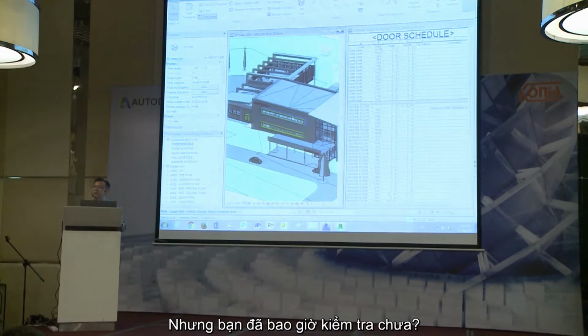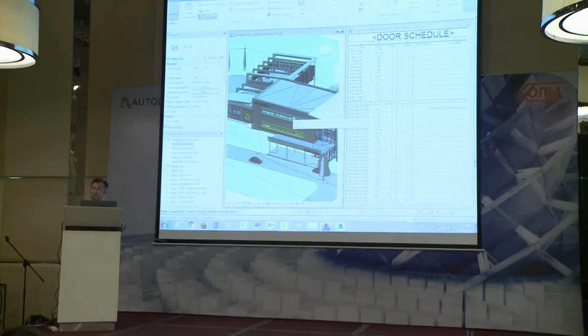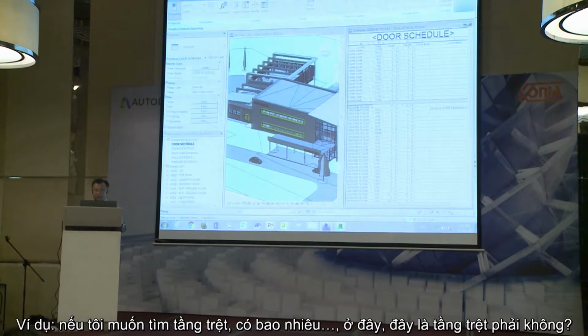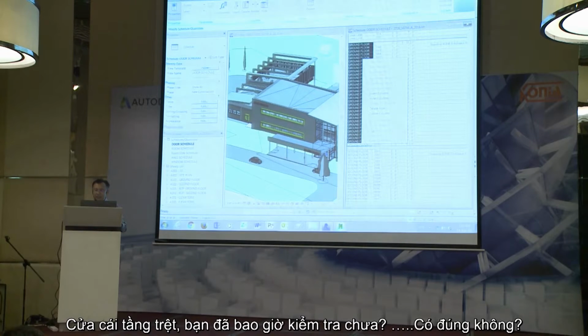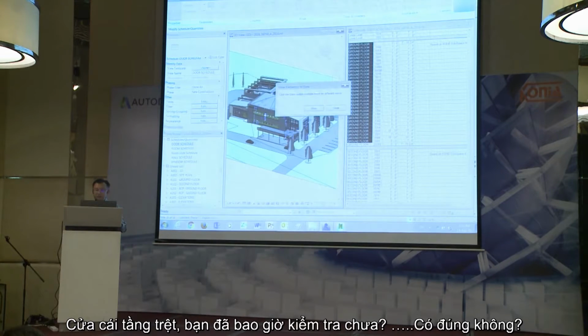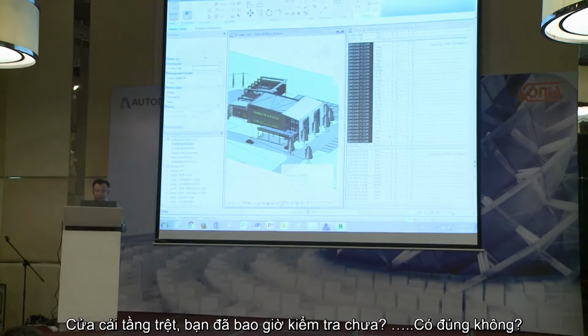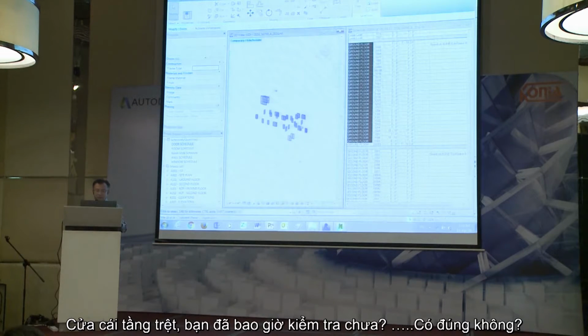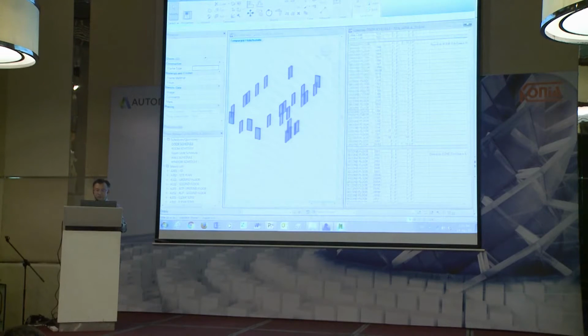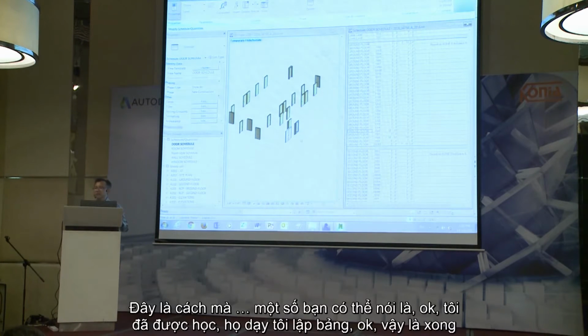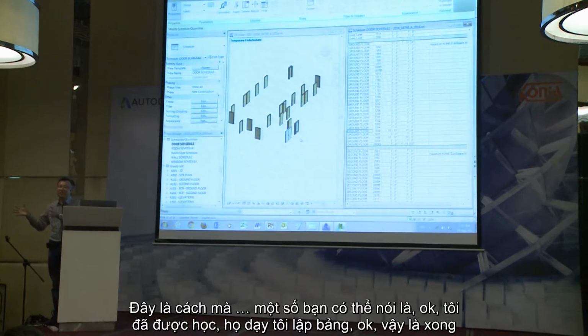But have you ever checked it? For example, if I want to know for the ground floor, how many ground floor doors there are, have you ever checked it? Is this correct? This is a way that some of you may say, okay, I do the training, they train me to